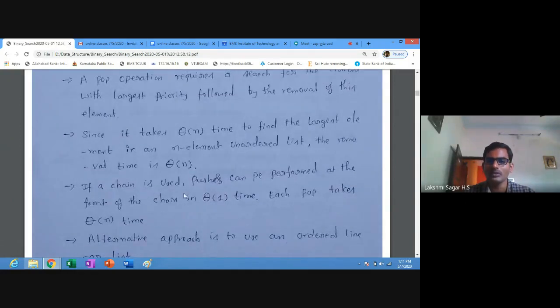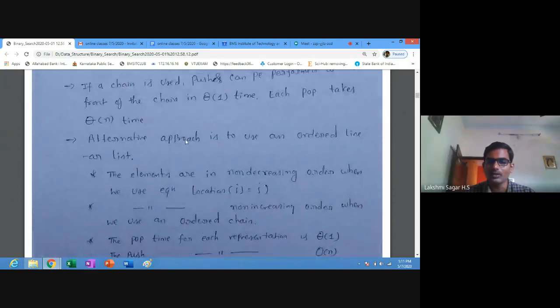If a chain is used, the pushes can be performed at the front of the chain, so it takes big theta of 1 time. Suppose you are performing a pop operation, meaning taking that particular element outside the binary tree, and if you are removing it or reading it, then it takes big theta of n time. An alternative approach is to use an ordered linear list.